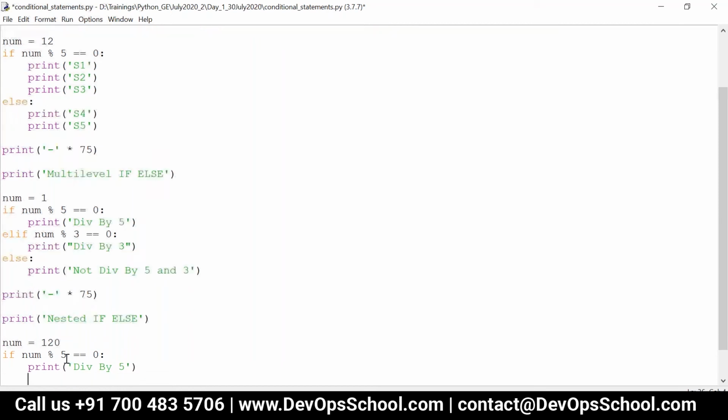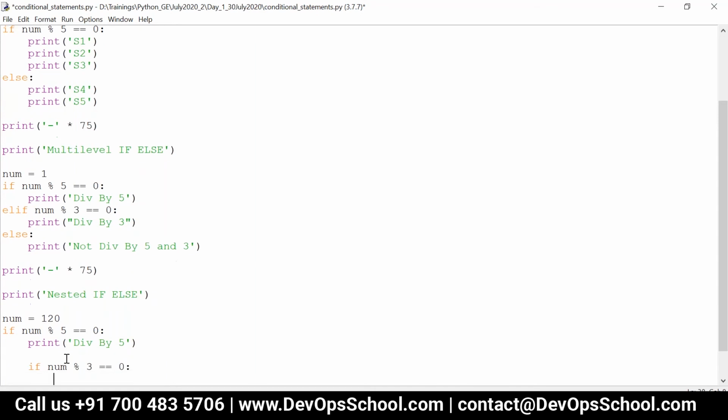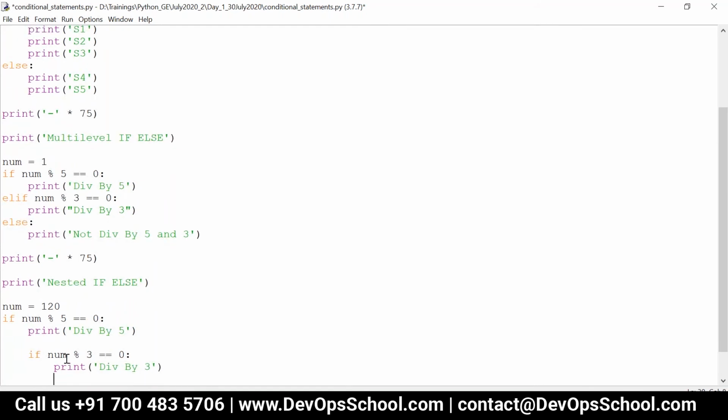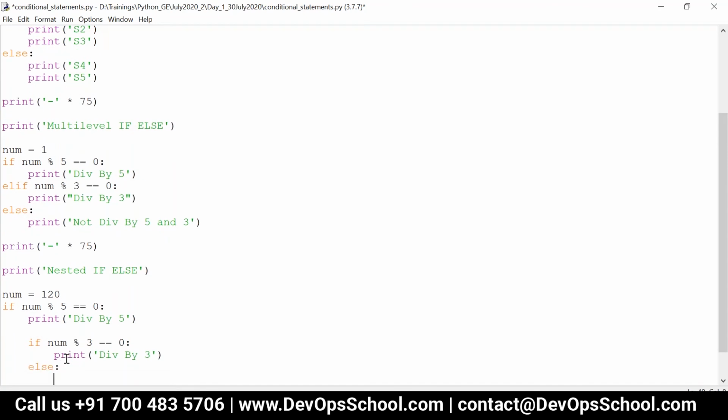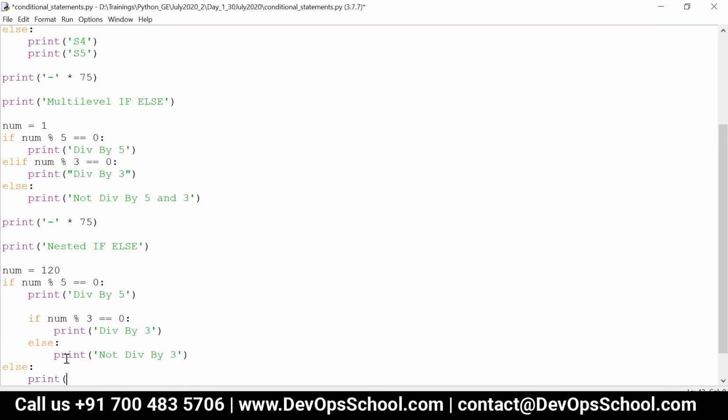And then I start another condition inside this: if num % 3 == 0, then print divisible by 3. Now if I want to write the else block, you should place the else block correctly. Else print not divisible by 3, and then again else print not divisible by 5, like this.